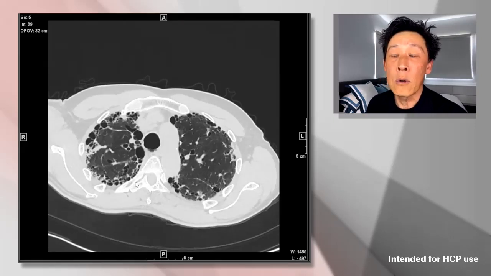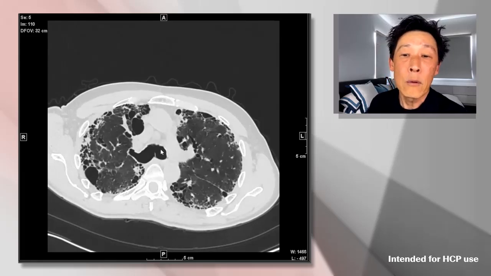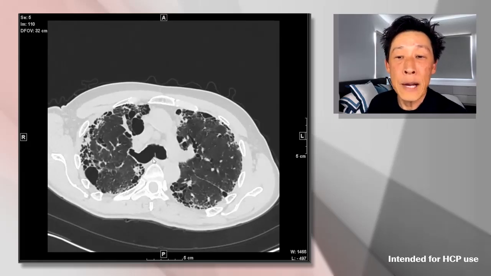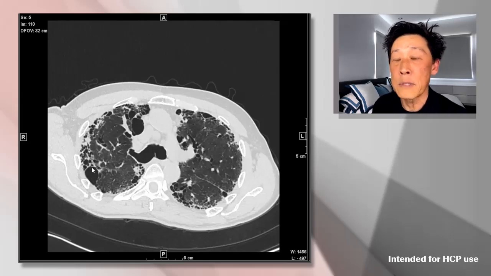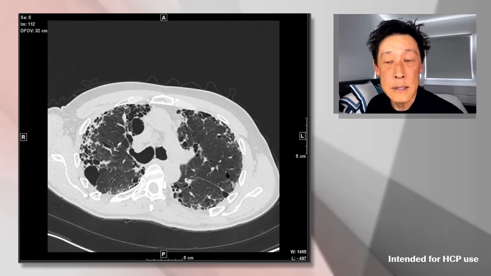So I'm going to scroll a little bit more forward, or more into the chest. And just to orient you, we're here at the level of the bifurcation of the trachea. We see the right mainstem bronchus and the left mainstem bronchus. And again, we see that the abnormality is confined to the edges or the periphery of the lobes that we're seeing. We see reticulation, which are these lines or hash marks. We see honeycombing, and we do see some elements of traction bronchiectasis and bronchiolectasis.